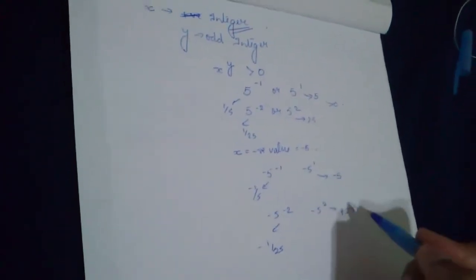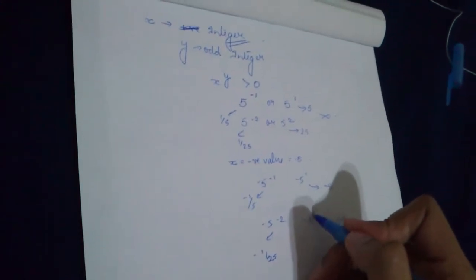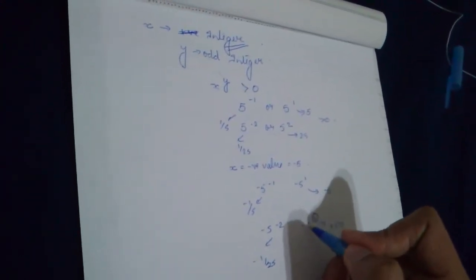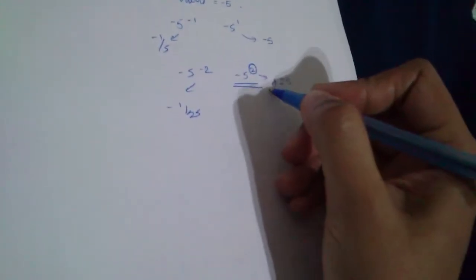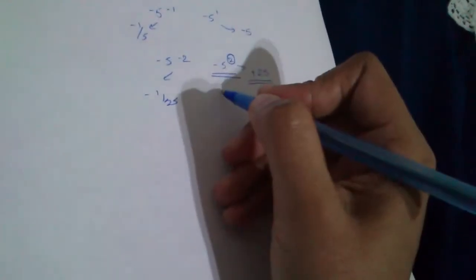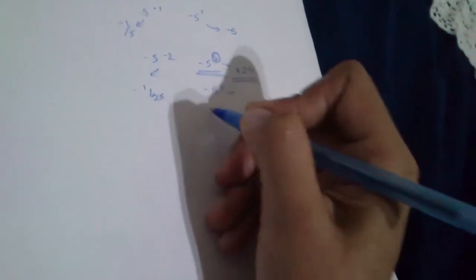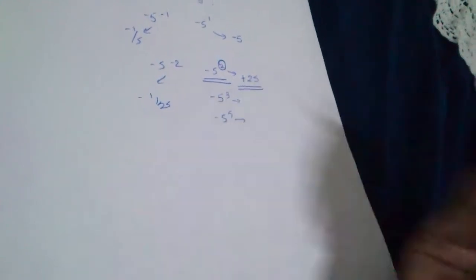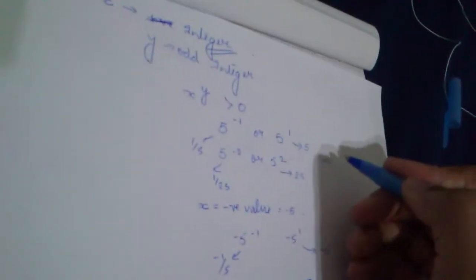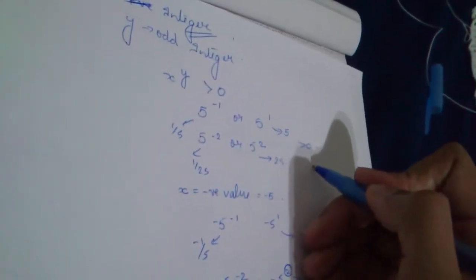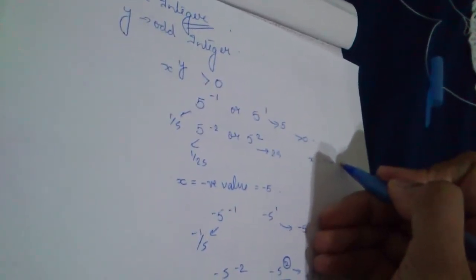But anyway, we've been told here that this power is going to be an odd number. This case is applicable only when the power is an even number, say 2, 4, 6, 8, etc. However, we are going to have only odd powers, so it will never turn out to be positive. It will always turn out to be negative, because minus 5 raised to 3 is always going to be negative. Minus 5 raised to power 5 is always going to be negative. Because of these situations, this will always give us a value less than 0. Since we know that the value is greater than 0, we also know that x is a positive value.